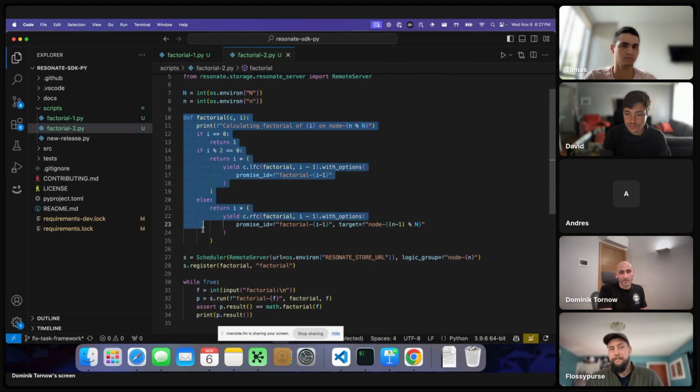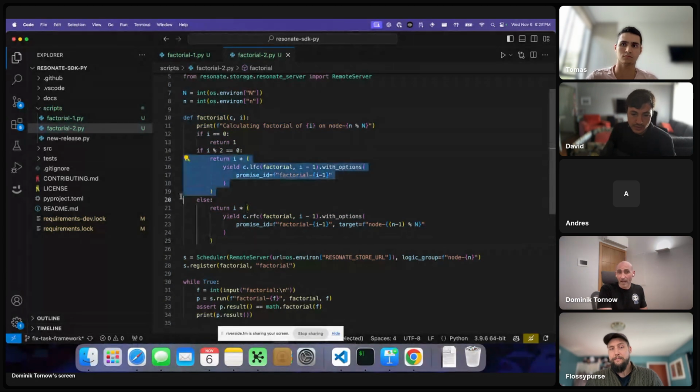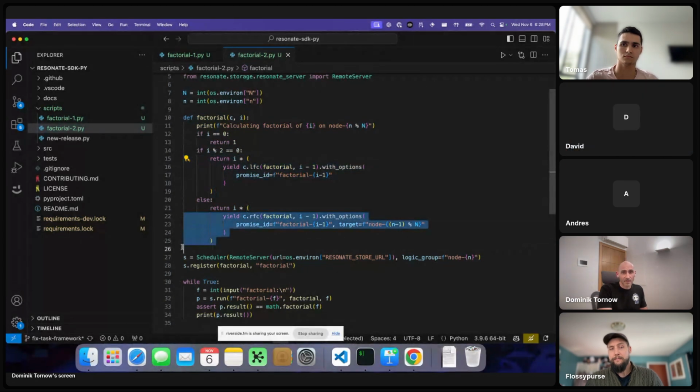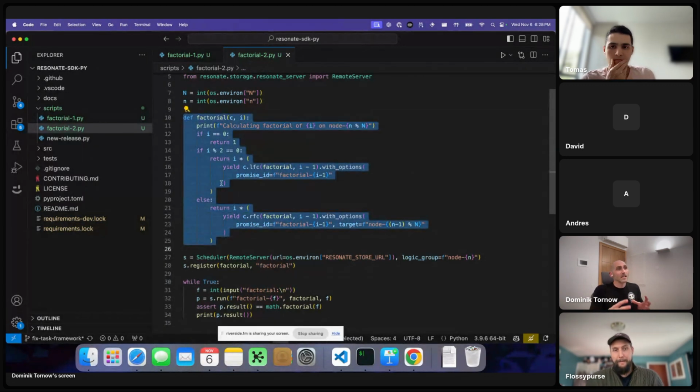So here, this looks very similar, right? It looks the same, except the LFC and RFC part, once again, the very explicit mention of where to run this. So for this particular case, this is one of the strengths of this programming model.